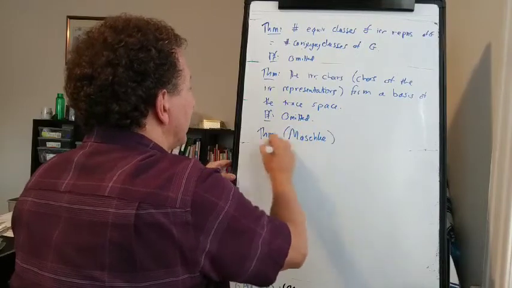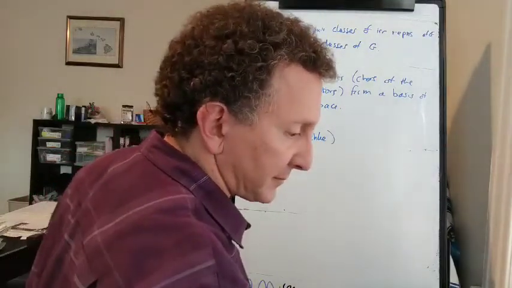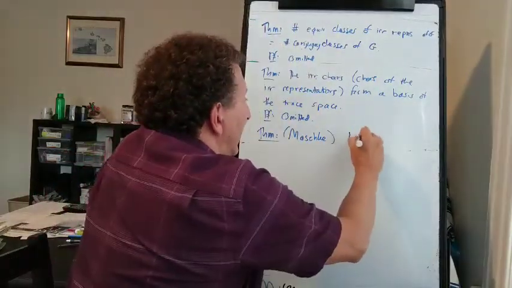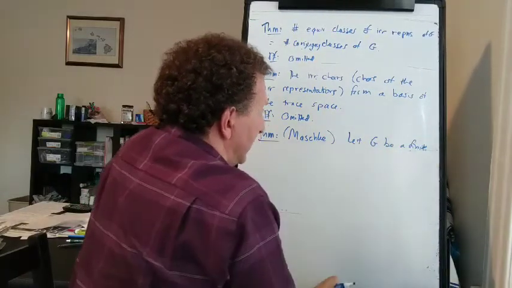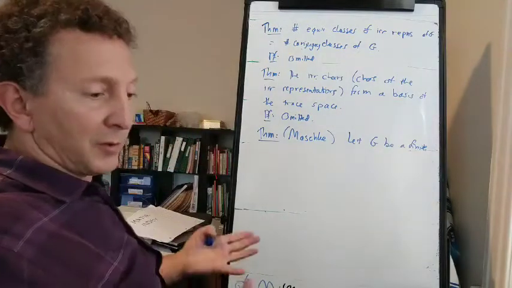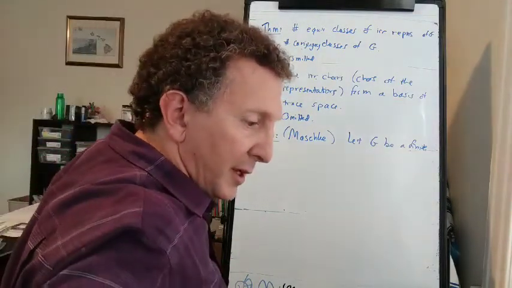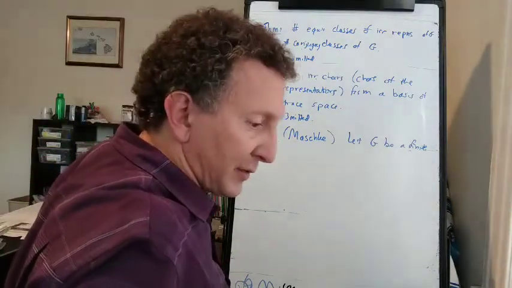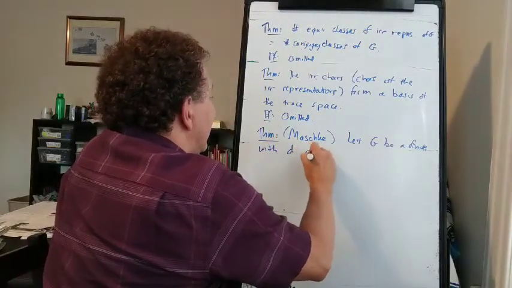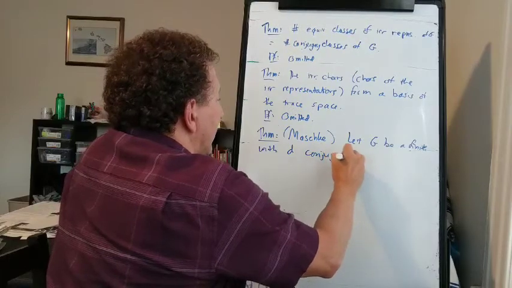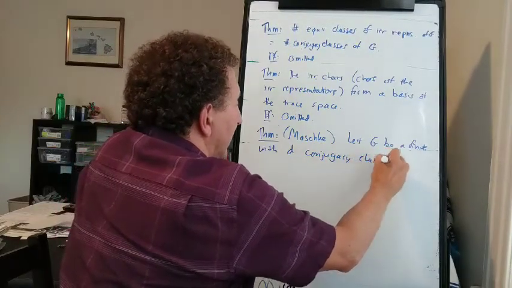So this theorem is known as Maschke's theorem. So if we have a finite group, it doesn't hold for all groups, it doesn't hold for GLNC, for example. If G is finite with D conjugacy classes,